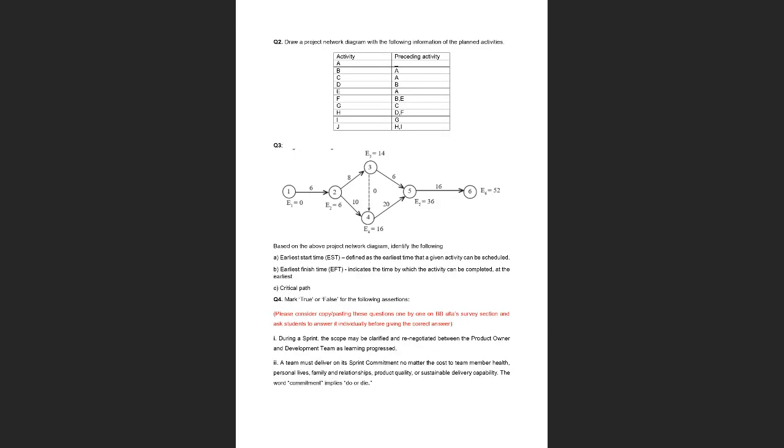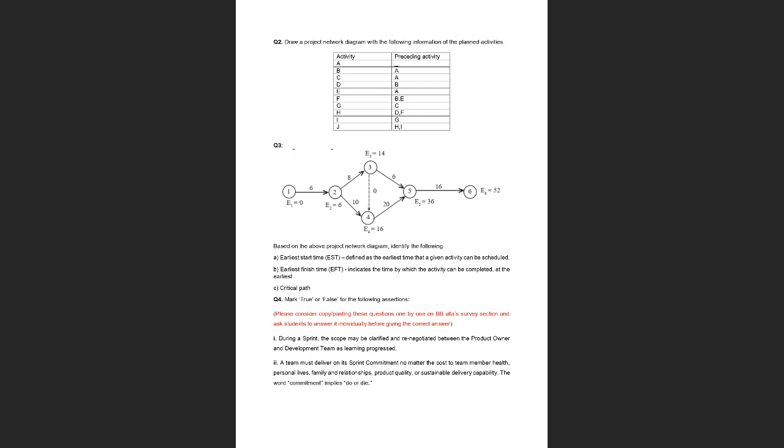So there isn't any name to the activity, so I'm naming it by taking the point or node numbers, okay? So say we have activity 1, 2, activity 2, 3, activity 2, 4, 3, 4. Again, you can see that the duration is 0 because this is a dummy activity. And then we have activity 4, 5, 3, 5, and 5, 6.